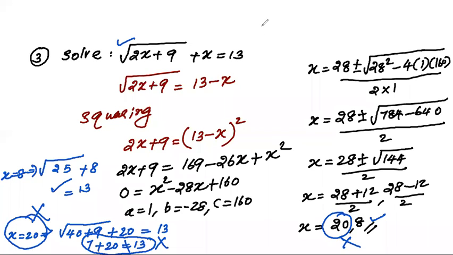So this is very important. Sometimes if the questions are coming with root terms, you have to check like this whether the two values are satisfying or not. Here even though we are getting two values, only one of them is satisfying the equation. That's why we are not taking x is equal to 20, but we are taking x is equal to 8. That is the end of question number